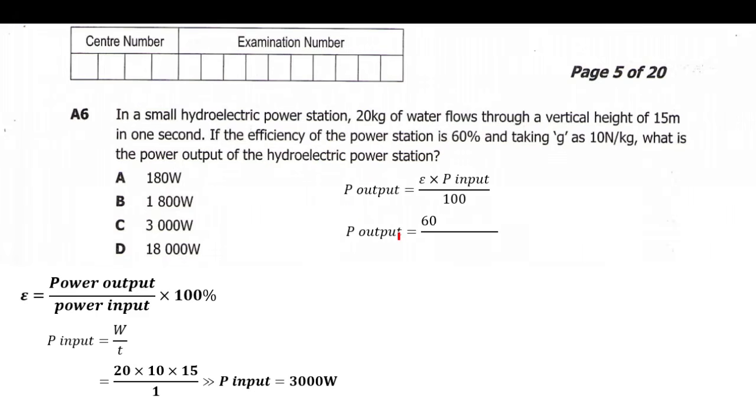So now we are going to substitute. Where there's E, we put 60% as efficiency times power input, which is 3,000 watts, over 100%. Then after evaluating everything, our power output is 1,800 watts, which is